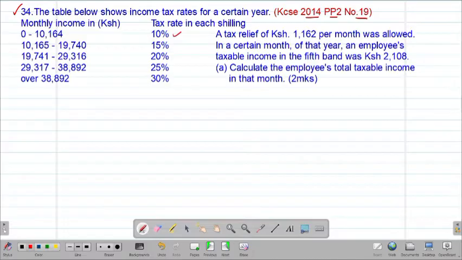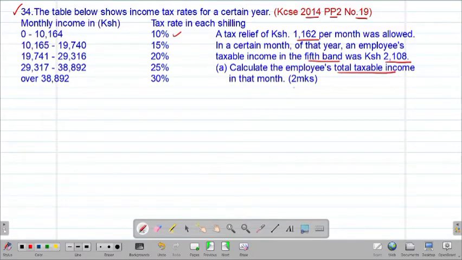So we are told that a tax relief of 1,162 Kenya shillings per month was allowed. In a certain month of that year, an employee's taxable income in the fifth band was 2,108 Kenya shillings. So part A of the question, they want us to calculate the employee's total taxable income in